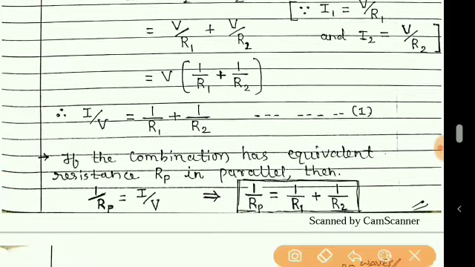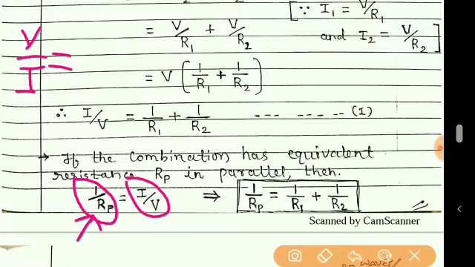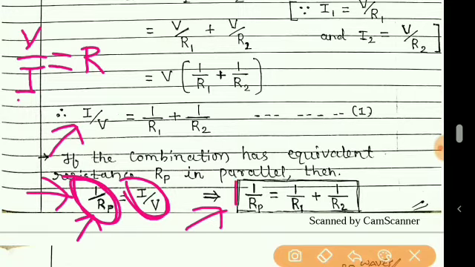Now I by V is equal to 1 upon Rp. What is Rp? It is the equivalent resistance for this parallel combination. Students, we know that if a term is V by I, then we write it as R. But here it is I by V, so it is the inverse of R. And so 1 upon Rp is equal to I by V. So in place of I by V, if we write 1 upon Rp, then we get this formula